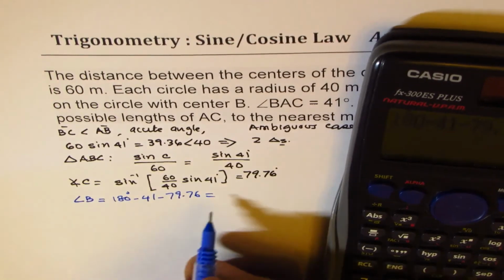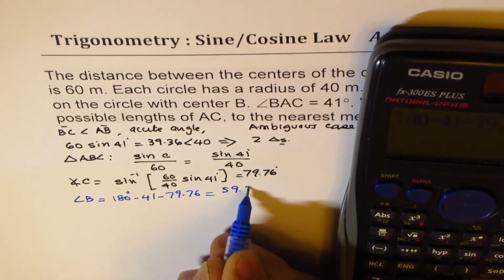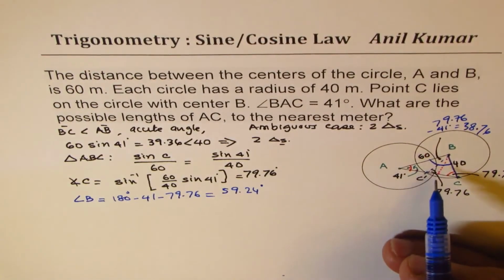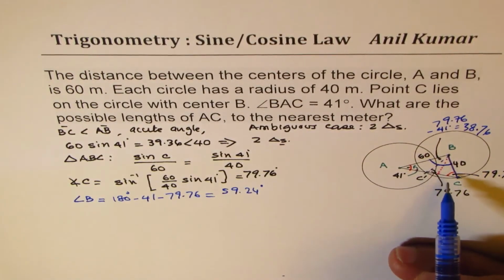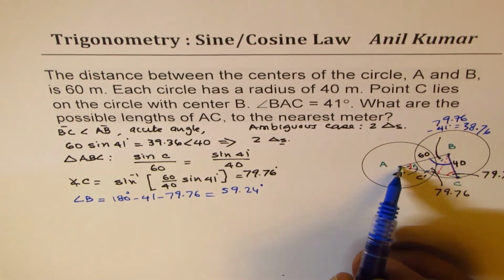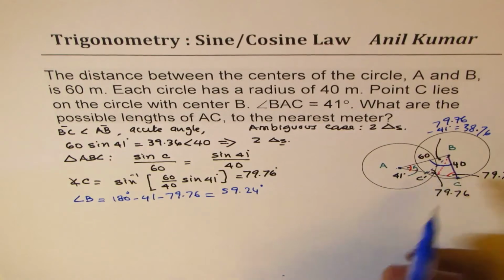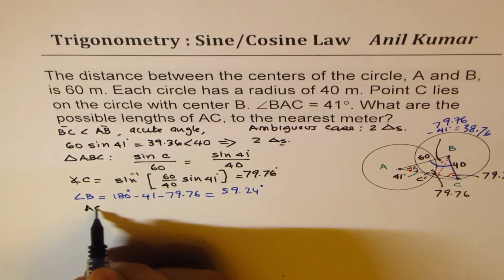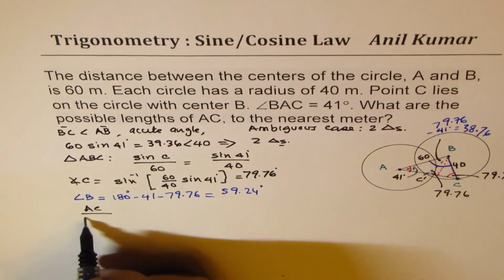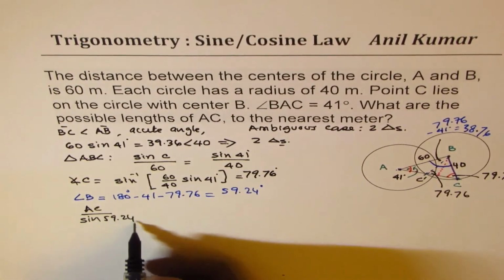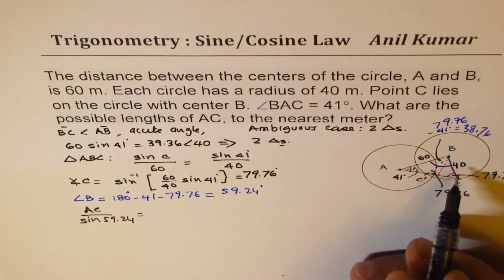So in decimals, 59.24 degrees, correct? Now, once you know this angle, you can find AC. We need to find the length AC, right? So we can again apply sine law. So we say AC over sine of this angle, which is 59.24, should be equal to 40